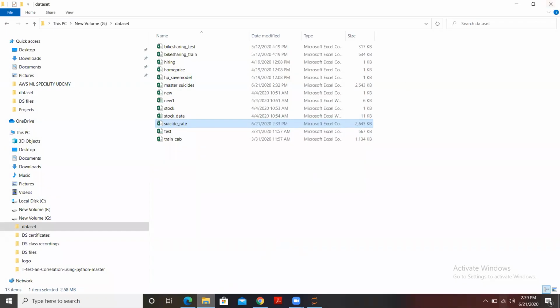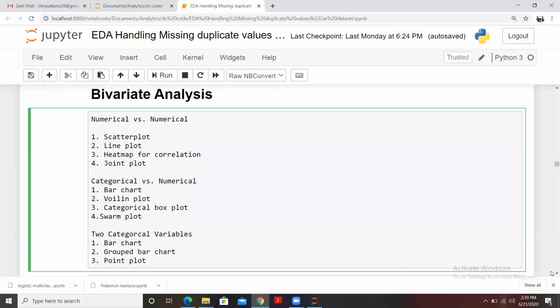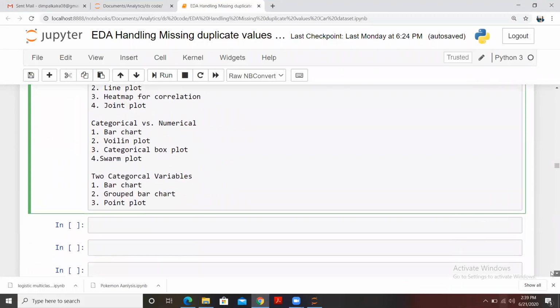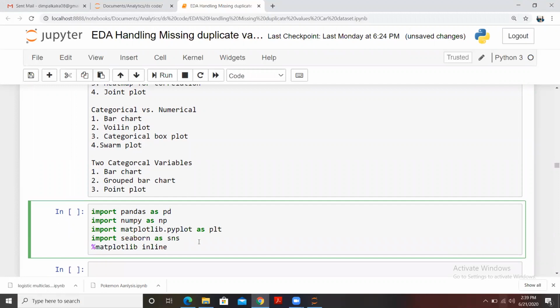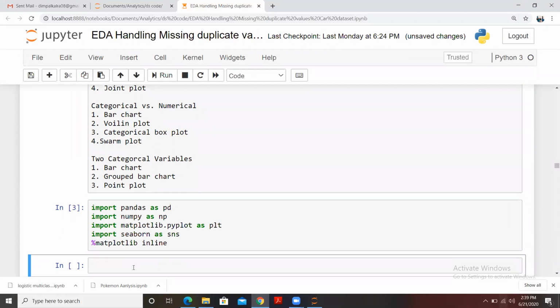So prior to this, let me import all the necessary libraries. So here it is, pandas, numpy, matplotlib pyplot, and seaborn. So we are done with this. Now let me import the data set.